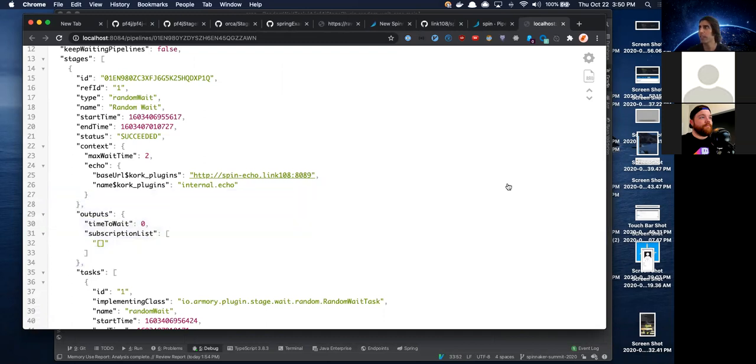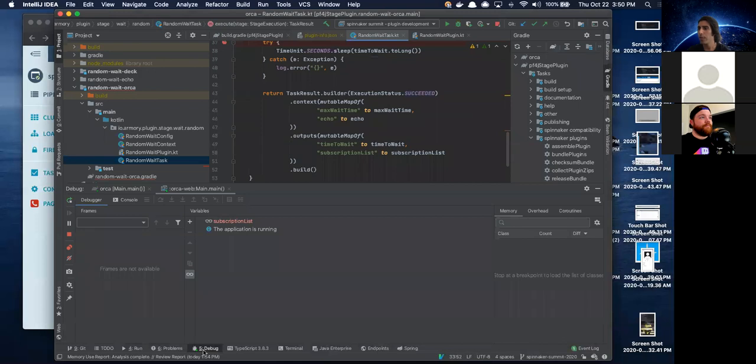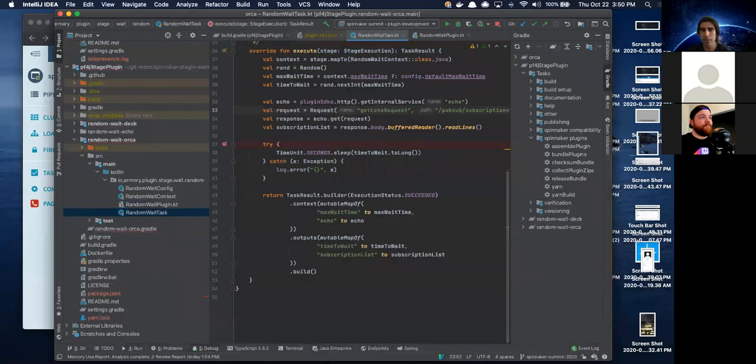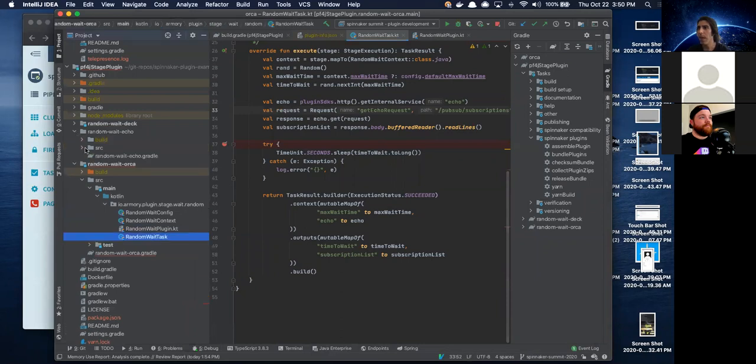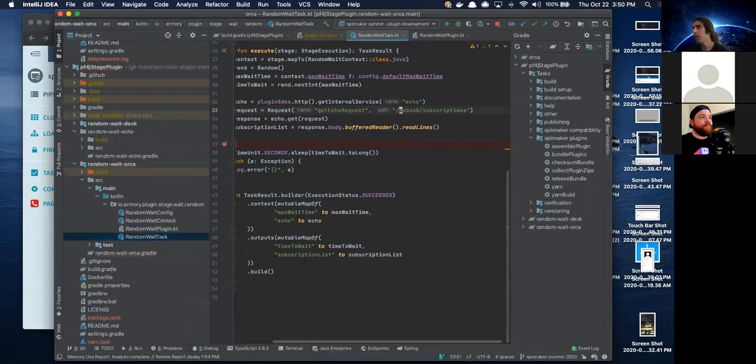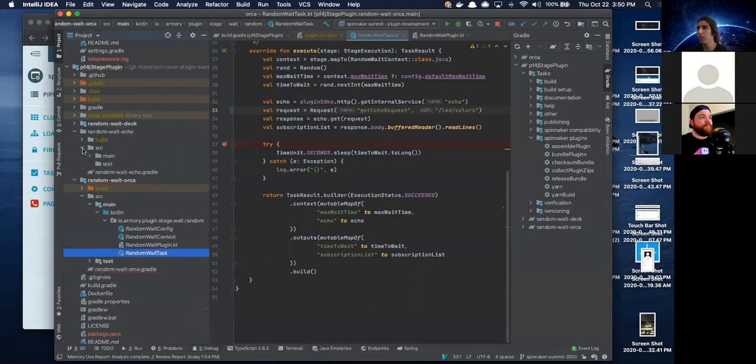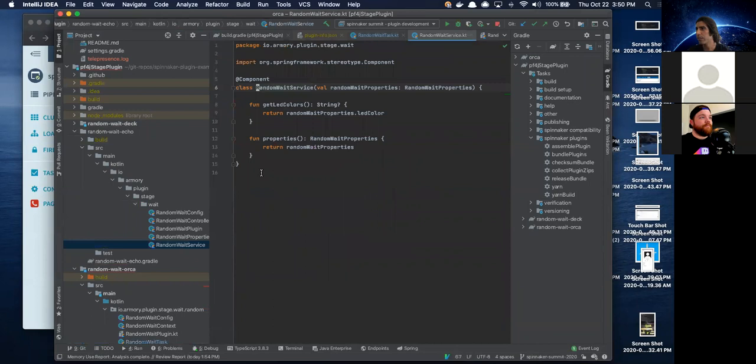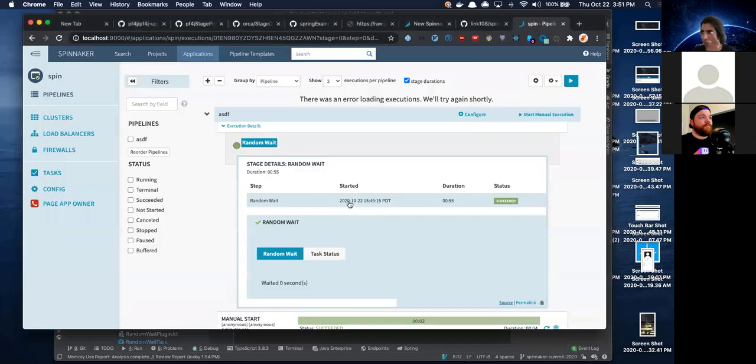So that's pretty cool. What I was hoping to show today that I did not get to was the same happening with Echo. So ideally, this could have been LED colors. And then Echo would have had this wait service that would have returned the LED colors. And then we could have had this end-to-end, I mean, we kind of do have this end-to-end from the UI going in, hitting Orca, going to